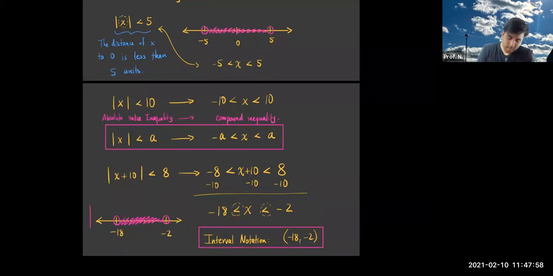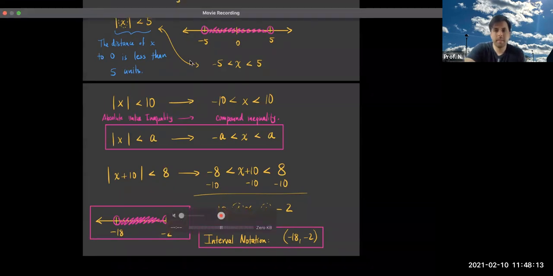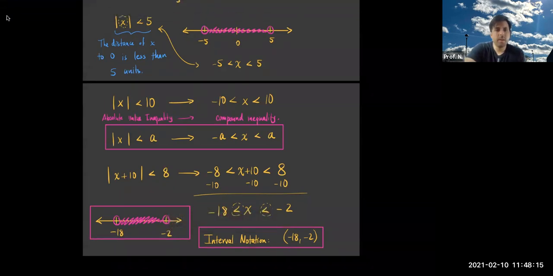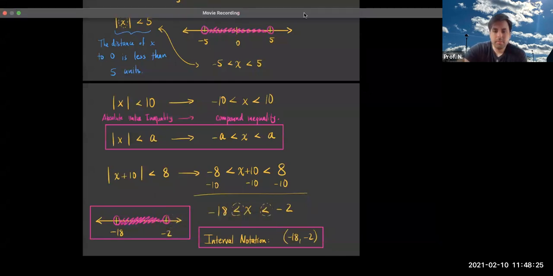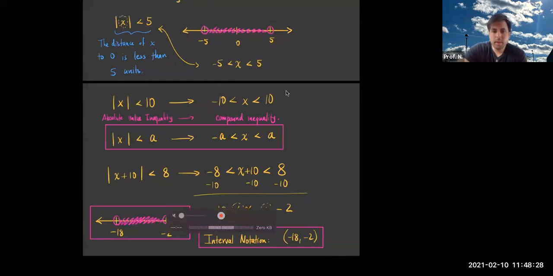Okay. So now we know how to solve linear inequalities, compound inequalities, and absolute value inequalities, because you just transform the absolute value inequality into a compound one. So any questions about this? If no questions, then I'll